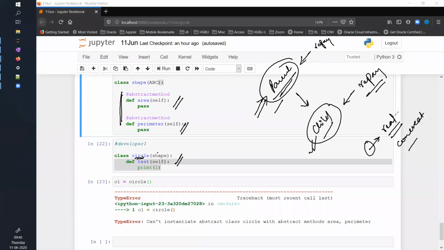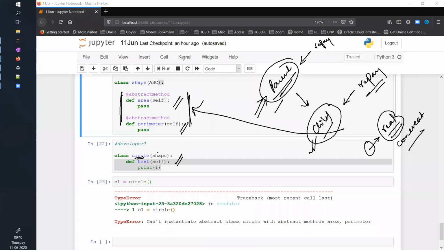If something is real, how can you have something abstract there? Everything in it should be real, with nothing without definition. Make sense? Yes, sir. Okay.